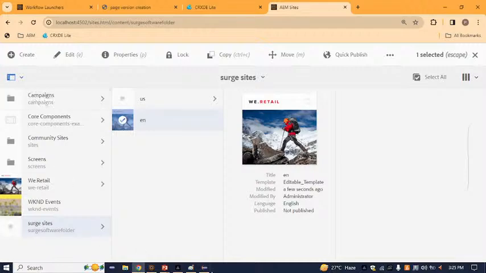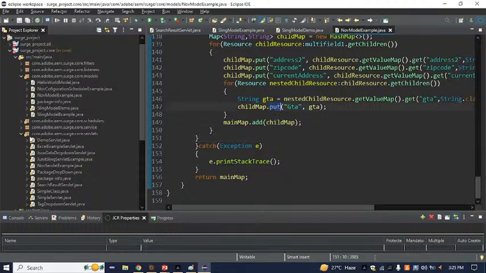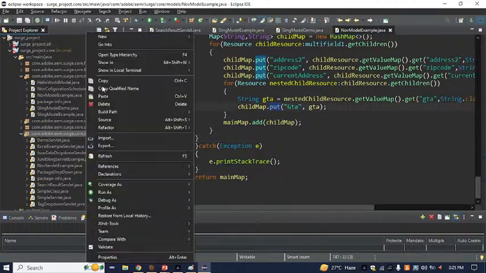Now it's time to discuss using an API and the code. It's very easy. Only keep in mind we need only two things. What? Two things we need, you know what? Exactly, the workflow model and the payload. That's it. Here we have a servlet. Here we'll try to create a workflow